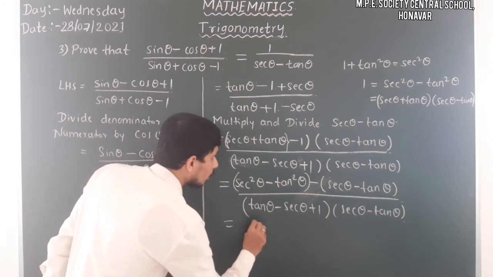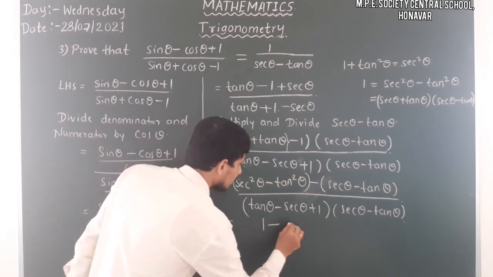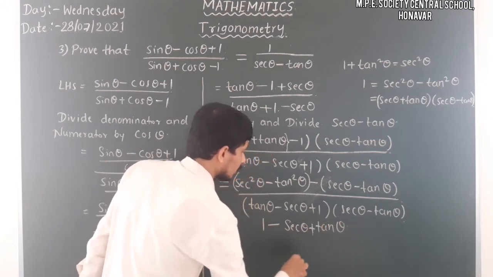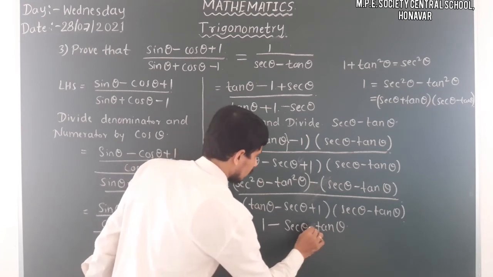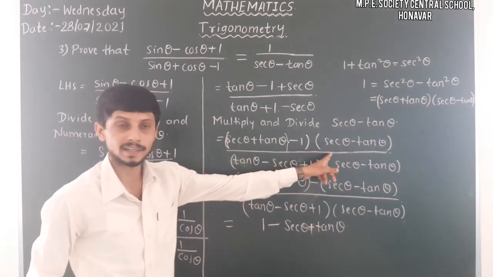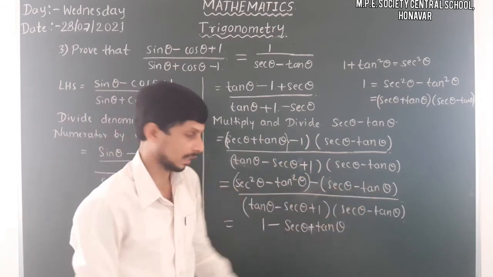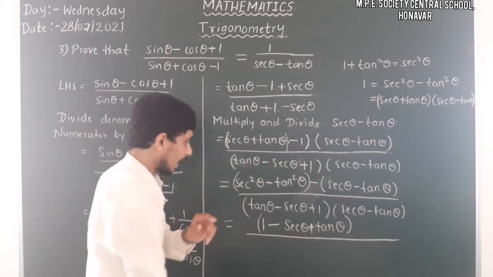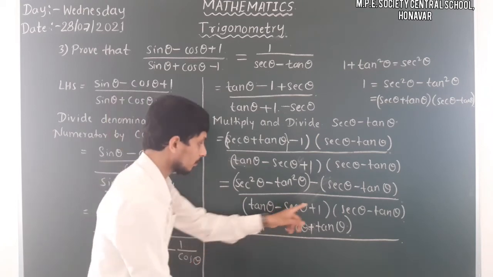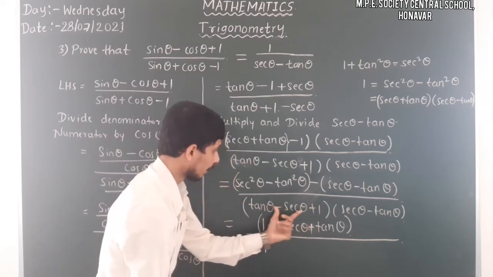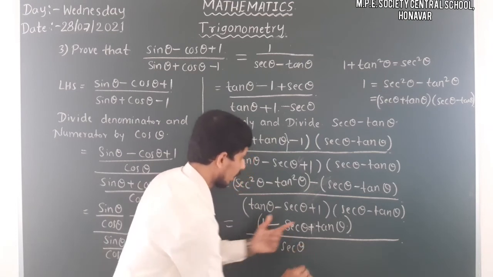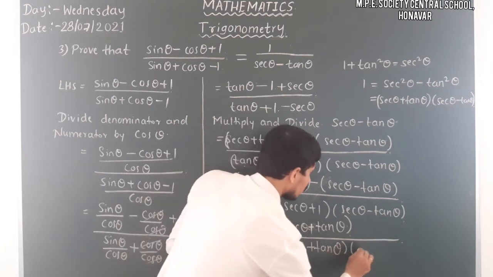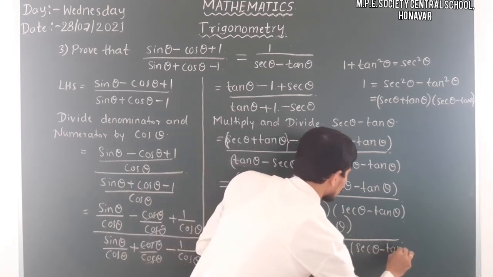So that is 1 minus secant theta minus tan theta. So minus of minus plus I am writing here. Otherwise remain as it is. Better I will write the plus because I will just open the bracket here. Minus secant theta plus tan theta divided by, here tan theta. So here I am just rearranging the terms. Firstly I am writing 1 and then minus sec theta and plus tan theta into secant theta minus tan theta.